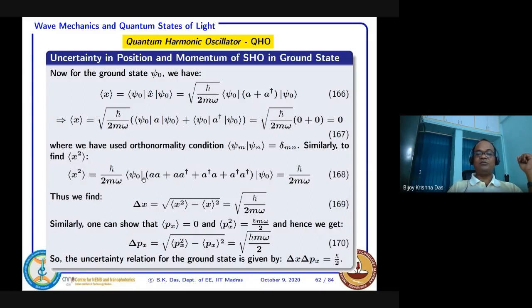Zero means that is gone. So once you get 0, again you lower it with another operator, that same 0 will come. So the first term is 0 for sure. And what about the second term?